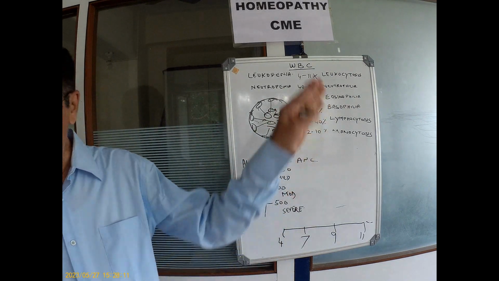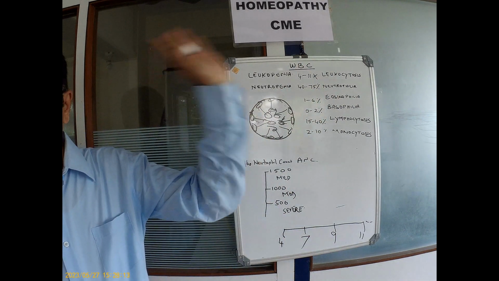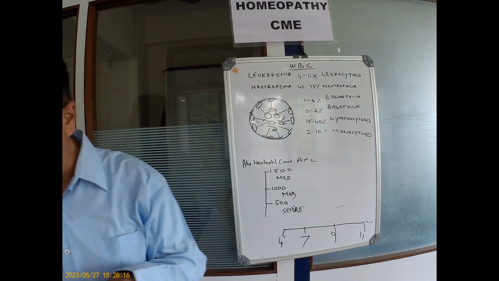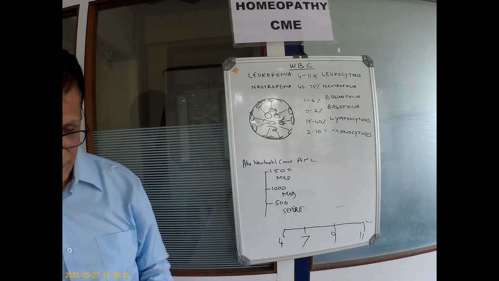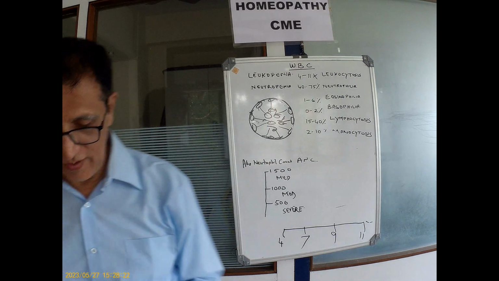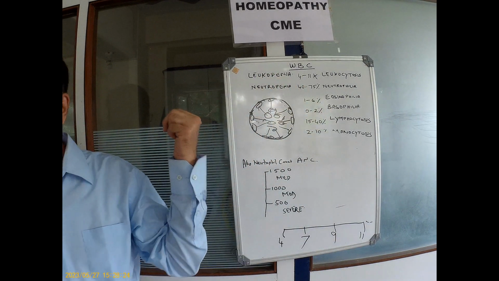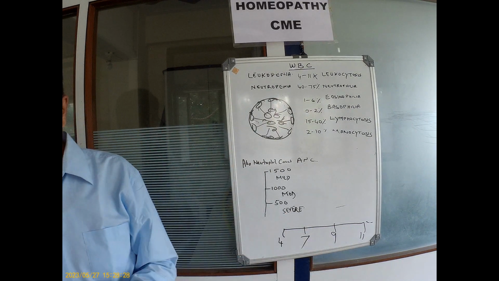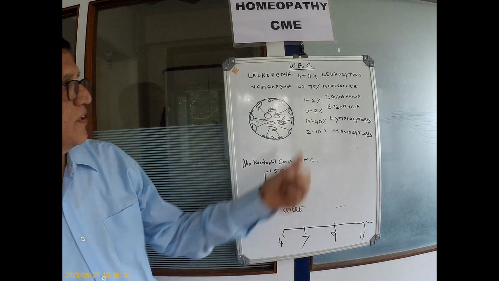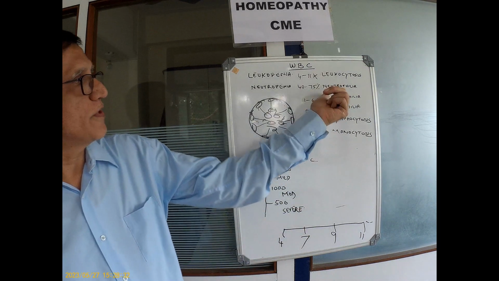Okay, so that completes leukocytosis. Now we come to leukopenia. Leukopenia is anything less than 4,000. Again, this is a very short topic. Most of the time in leukopenia, you want to concentrate on